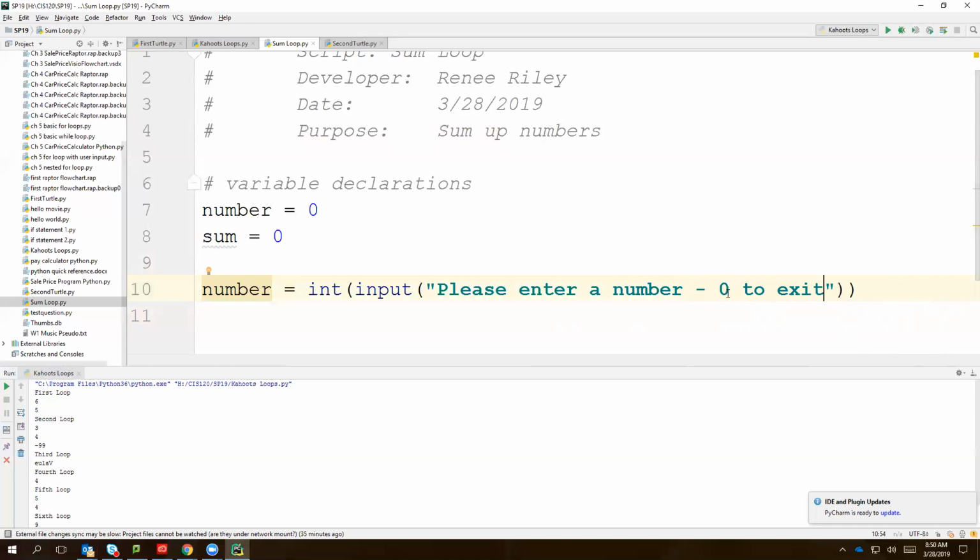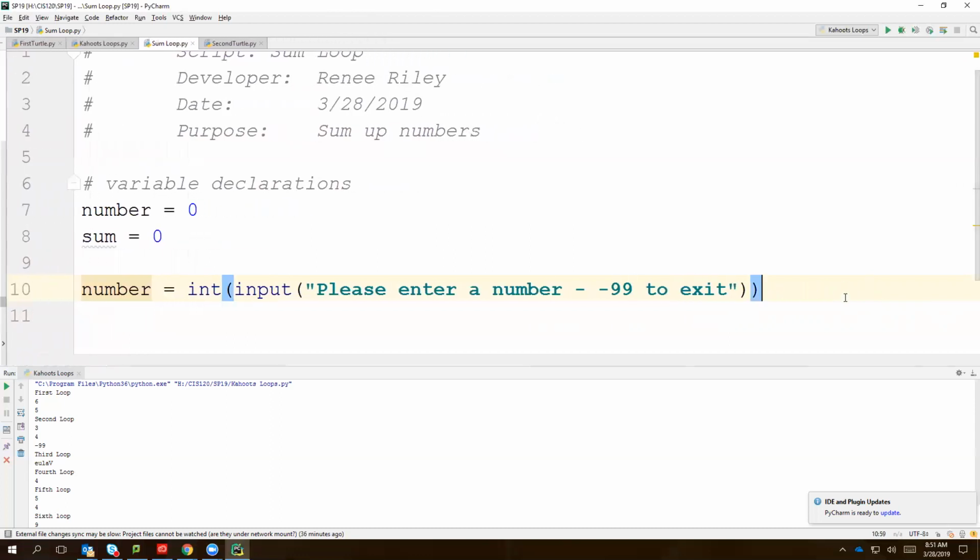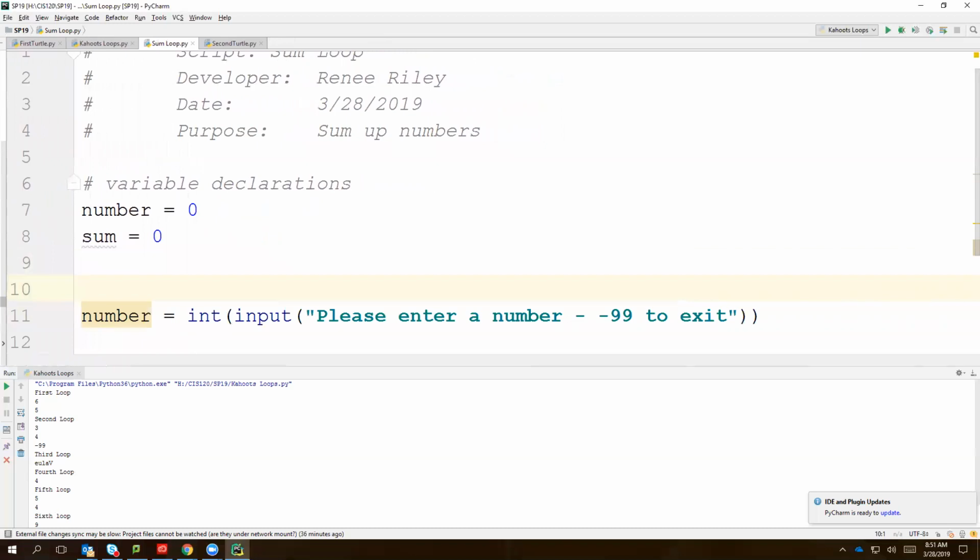How about we do like that Cahoots was doing, and we'll say -99. How's that? I changed my mind. Sometimes I can do that, sometimes I can't, but right now I can. So I want to loop then until the number equals -99. So let's put a while statement there. While number not